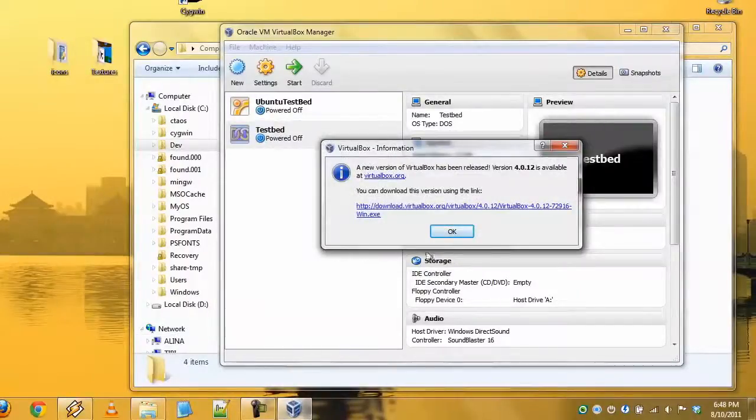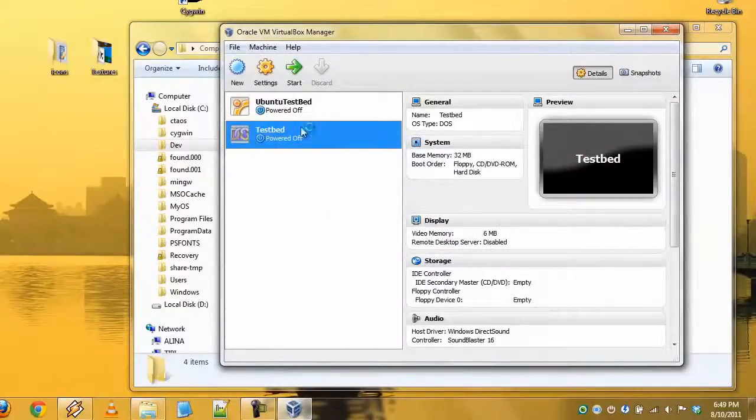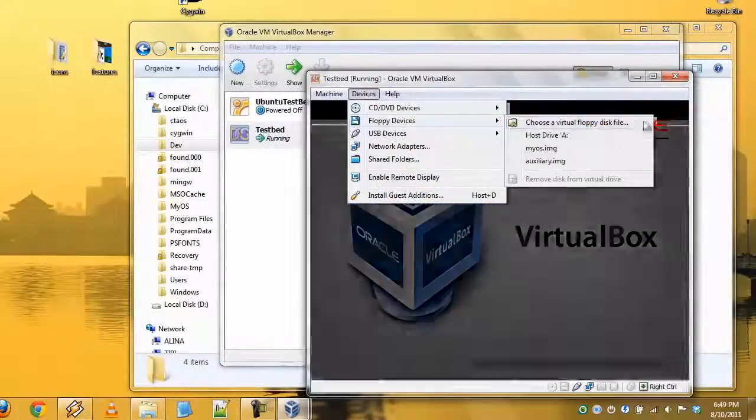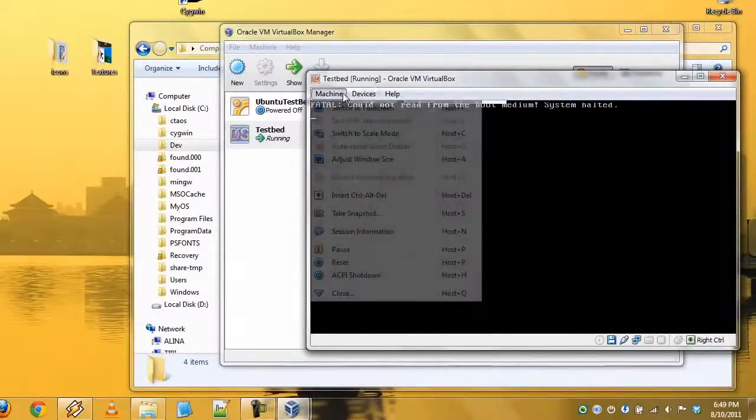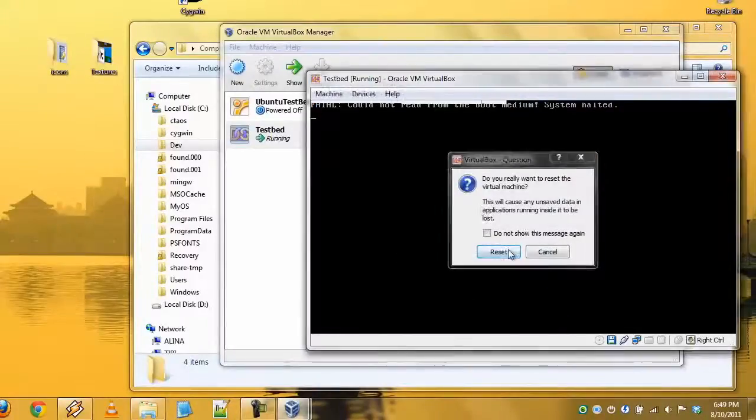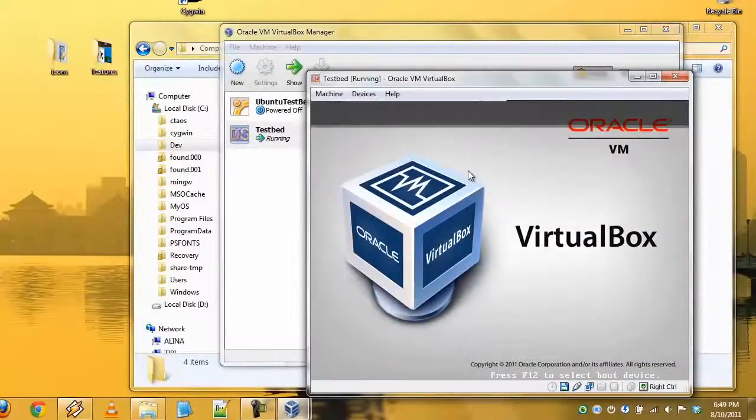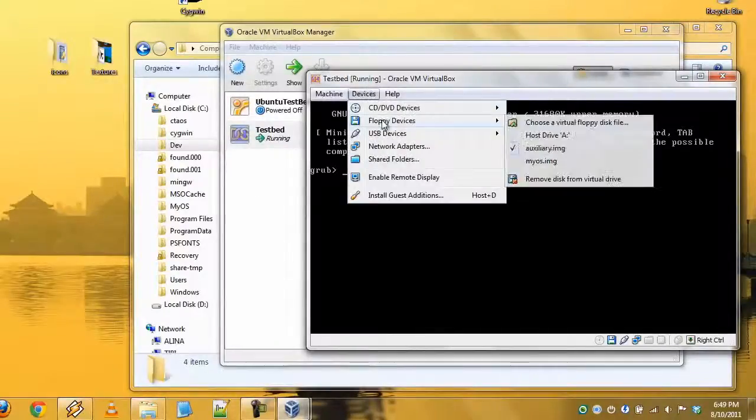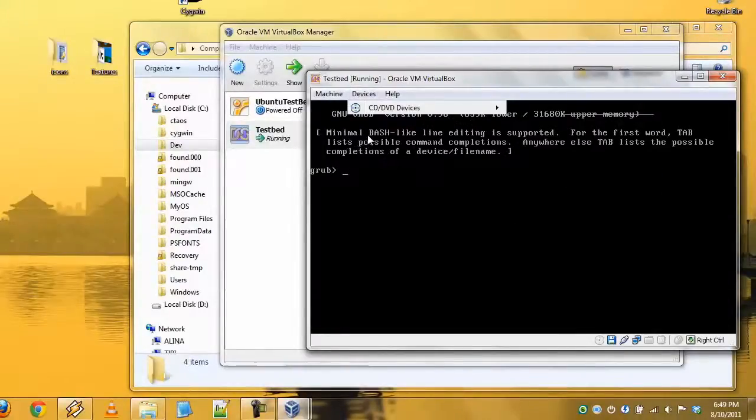Okay, I have already created a virtual machine called testbed, so I'm going to launch it. And under devices, floppy devices, I'm going to choose auxiliary.img and now reset the machine. Now we need to insert the other floppy, which is myos.img. I already have it here. And let's type install